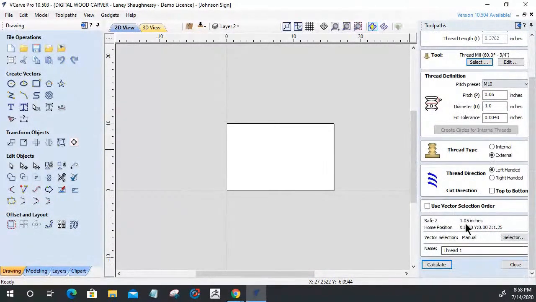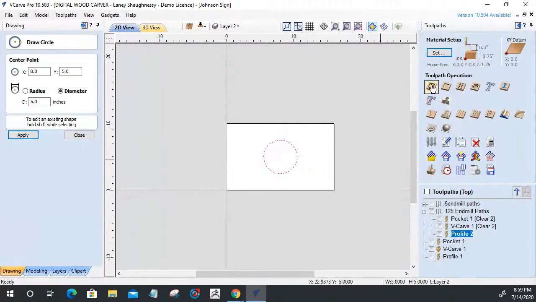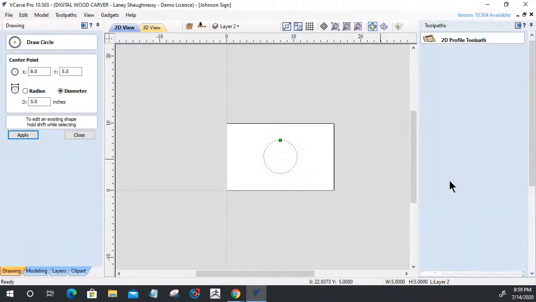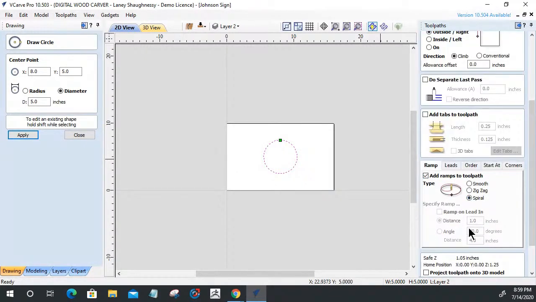I love it because of the old way of creating a toolpath, let me draw a circle here, especially an internal thread. The old way of creating an internal thread was we would create a profile toolpath, and the helical arcs, the pass depth, when it came to the ramp, the spiral ramp, not the spiral ramp, sorry,